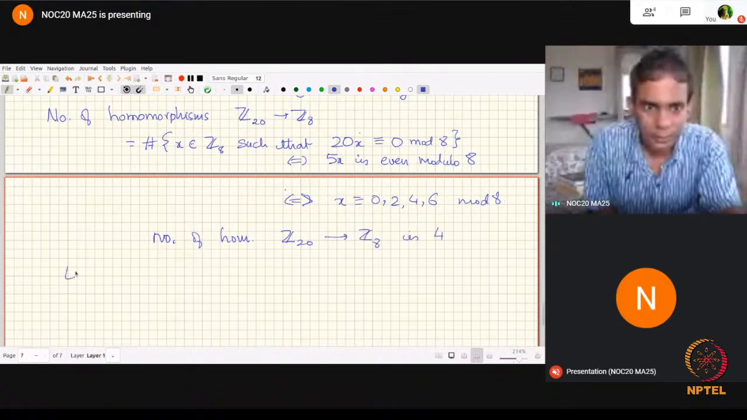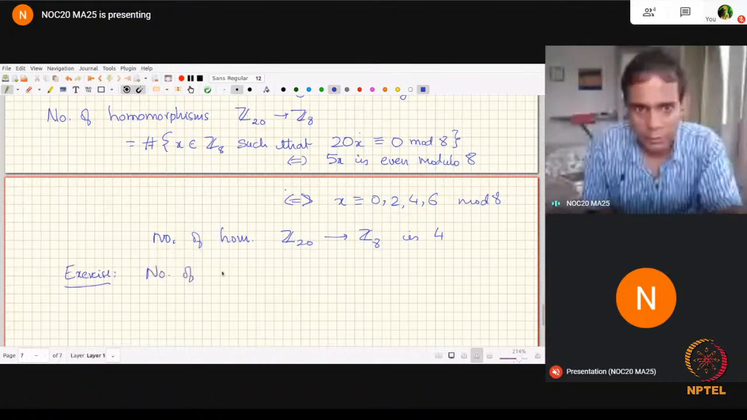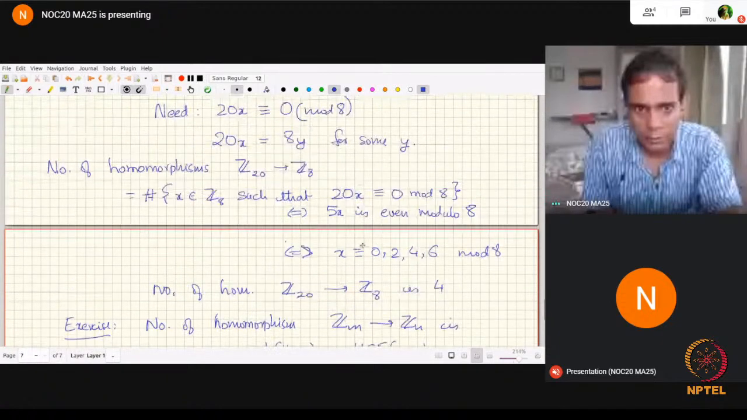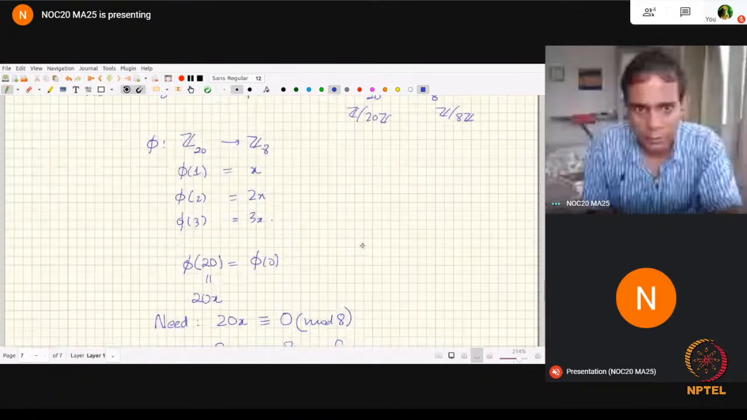Here's an exercise you can try. The number of homomorphisms from Z mod M to Z mod N is the GCD of M and N, sometimes called the HCF. So for 20 and 8, the GCD is 4, and that's also the number of homomorphisms. And the basic idea is this,